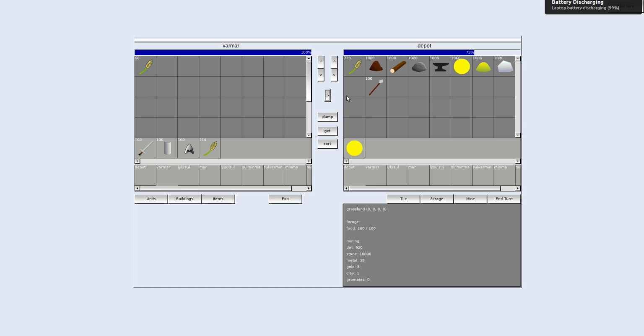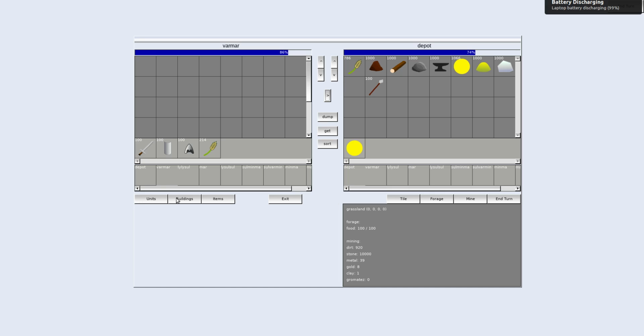So if I toggle it to go from the unit into the building, and I hit dump, notice it took the food and dumped it into the depot. But it didn't take the food that was in my personal inventory for this unit. So that way, for example, let's say you want to get the resources to build a specific thing,